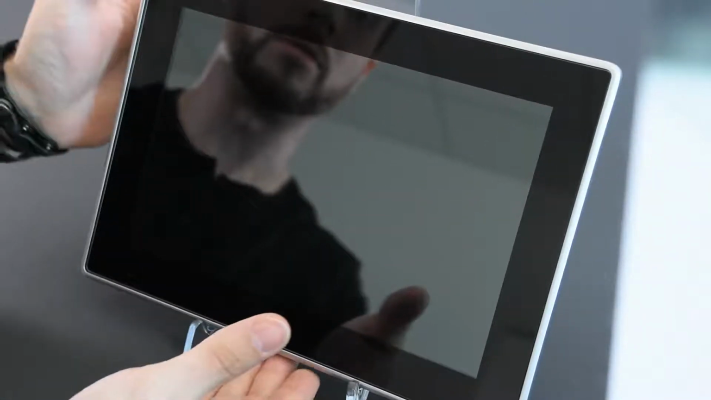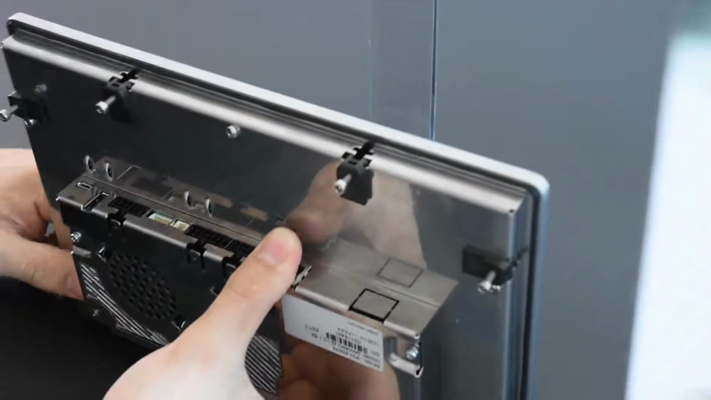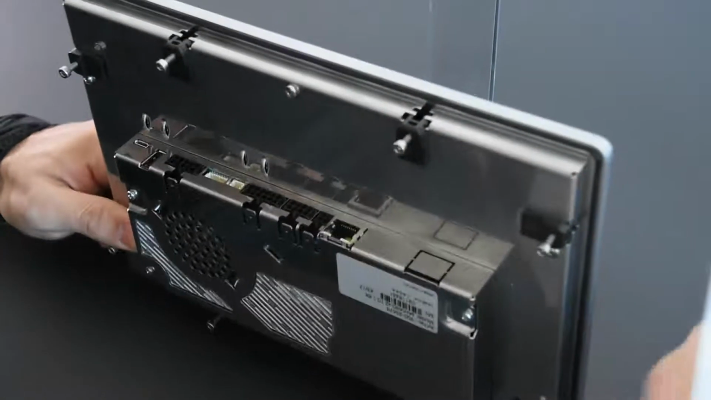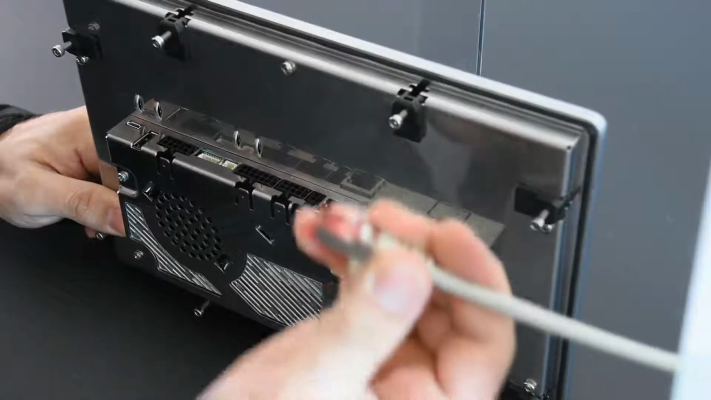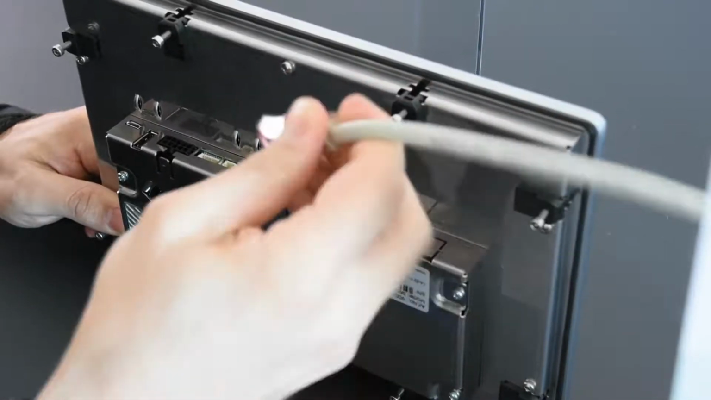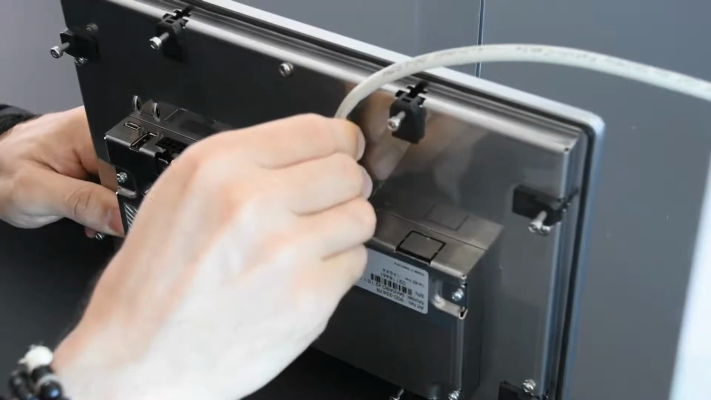So the first thing we actually need to do is plug in all the connectors. So let's flip around the device, and we will be deploying our application through SSH. So we'll need an Ethernet connection. So I'll plug that in,